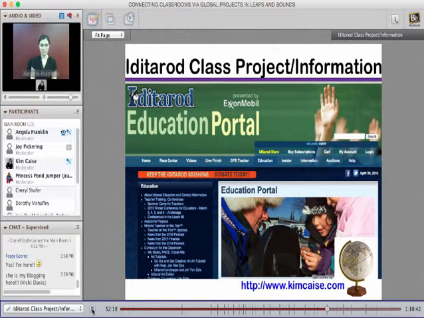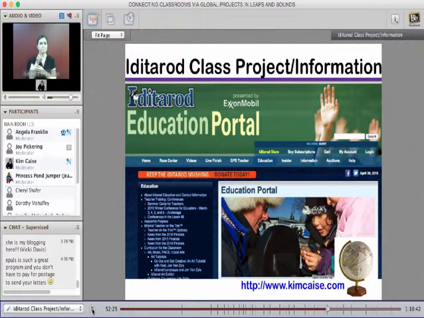The Iditarod is a great resource, and they have lots and lots of information on ways that you can participate when the Iditarod is going on. There are different groups that you can join, and you can follow along with specific racers, and the racers report back.